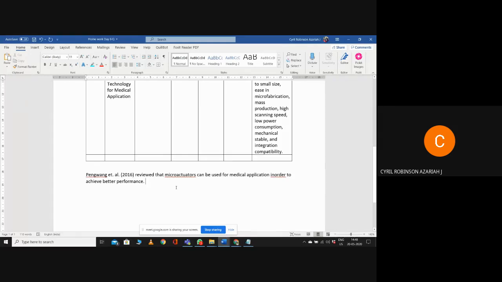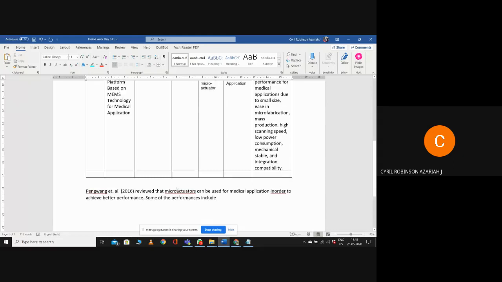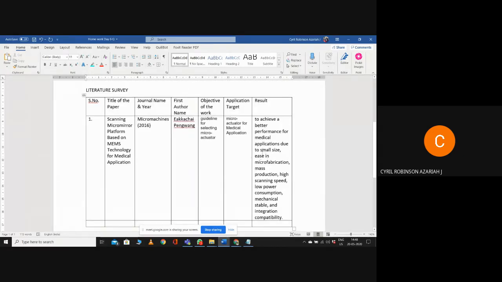What are the performance benefits here? Some of the performance benefits include small size, so you can note down mass production, high scanning speed, low